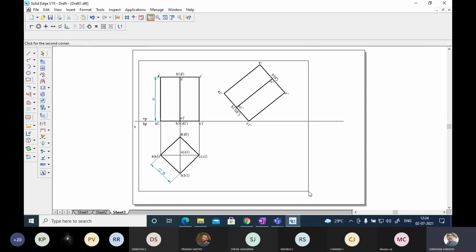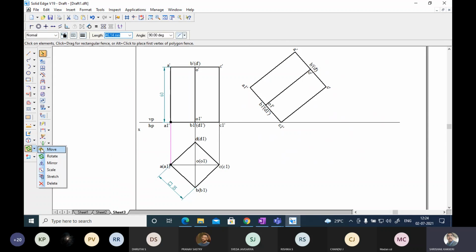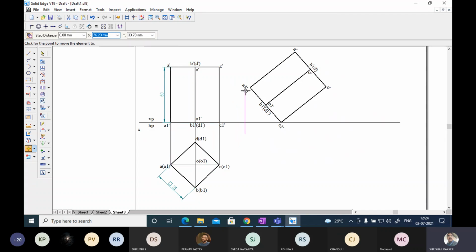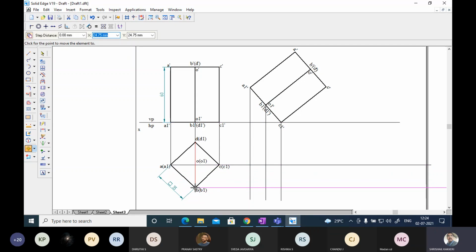Next, let me concentrate on the bottom portion of it. Let me draw the line from all these A, B, C, and D again on the same line. Okay, and now you draw one reference line and you can extend it. Extend that. Okay. Now let me draw a horizontal line. I am going to draw horizontal lines from A, from B, from C, and from D.